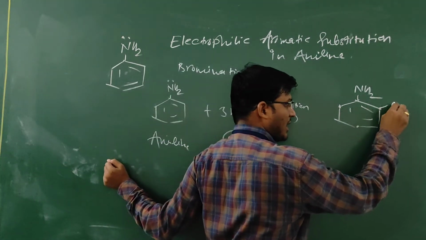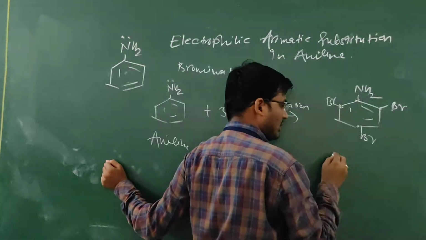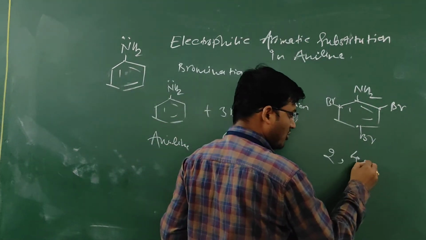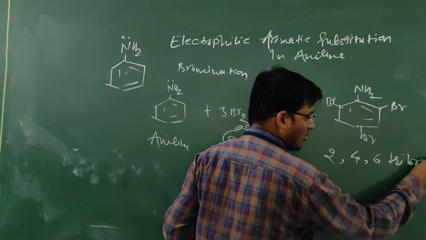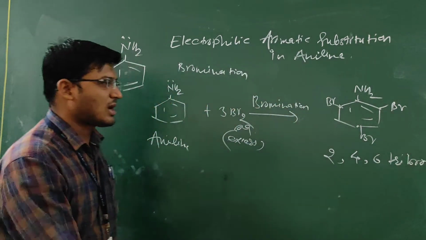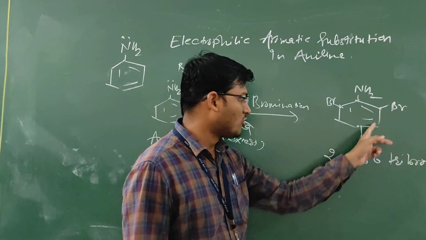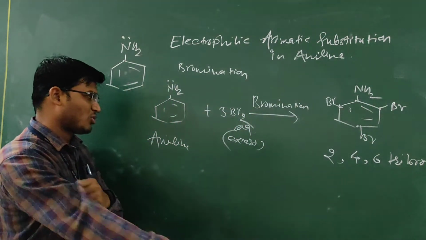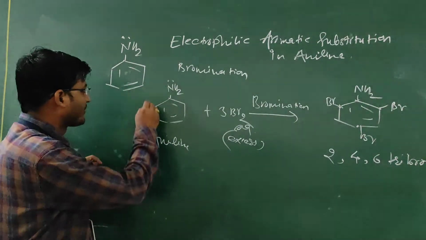Here Br. That we say that the product is 2,4,6-tribromoaniline. 2,4,6-tribromoaniline. We get the product 2,4,6-tribromoaniline by the bromination of aniline. Then